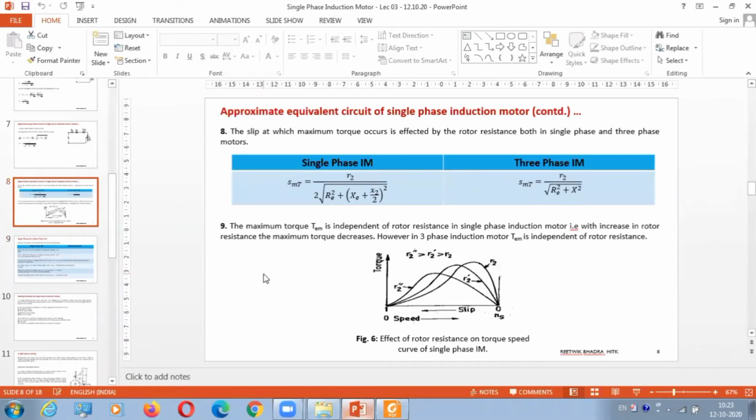Now see, you are giving a single phase supply, for example to a fan. If you give a single phase supply, then the starting torque is zero, so you have to provide an external torque. Take the example of a fan in a train: you switch on the supply, the fan is not rotating, so always we have to use a pen and rotate that blade, and then only it will rotate. It is not possible that I give a supply, the motor is not rotating, and I come and give an external torque to it. So that's why we are splitting the phase from the start. We are creating a rotating magnetic field from the start.